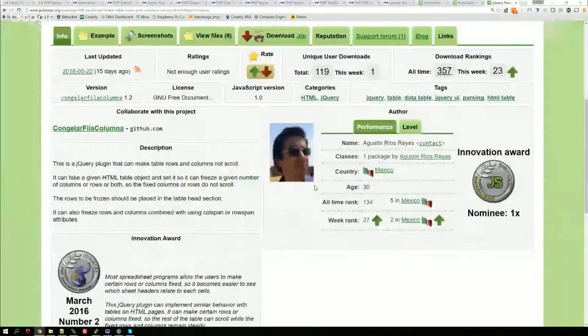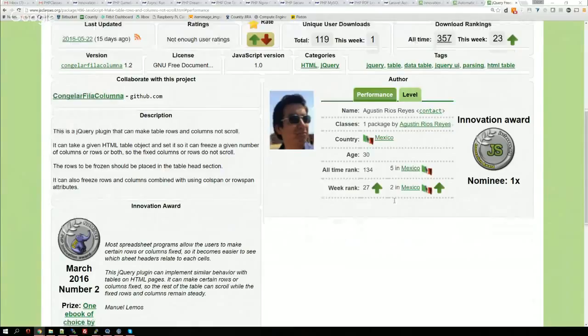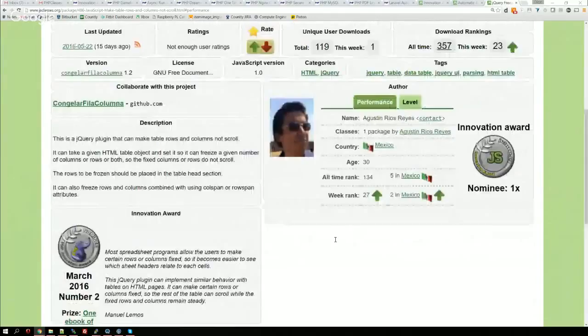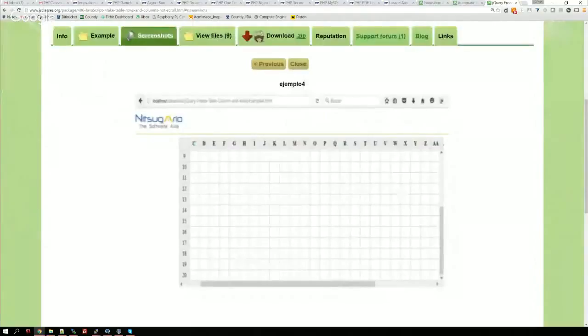It's developed by Agustin Rios Reyes from Mexico, and it can basically freeze rows or columns of a specific table. I think many of you would be familiar with the functionality in an Excel spreadsheet where you can freeze the row, so when you scroll horizontally, the first row always stays there, or a column. And I think there were also screenshots showing that. As you see, both of them are frozen, and when you scroll to the left or right, they will still remain here, and it's all in the